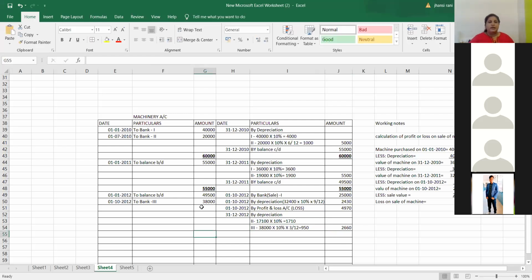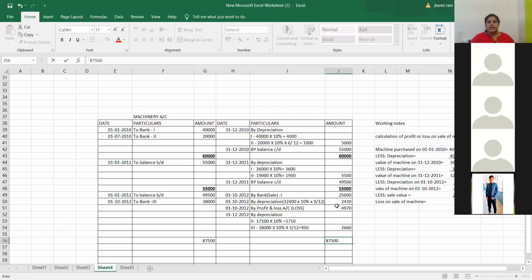And this is how we end the third year. Third year total will be 49,500 plus 38,000 comes to 87,500. 87,500 is the total of debit side. Here we will have a balance. So total here is 87,500 on the debit side, and please total up the credit side. The credit side will be 25,000 plus 2,430 plus 4,970,